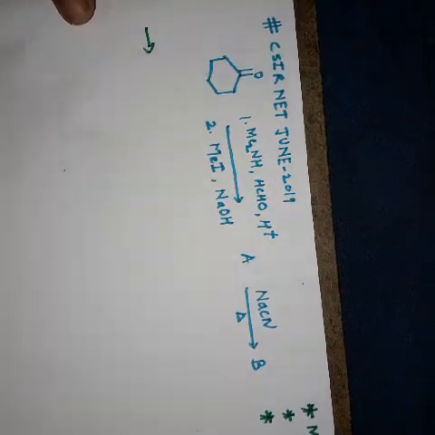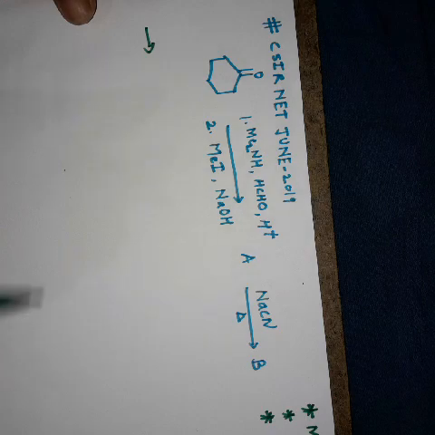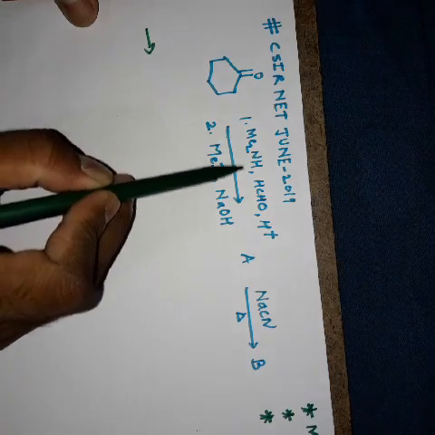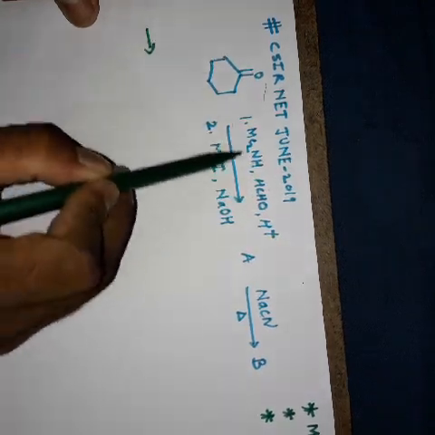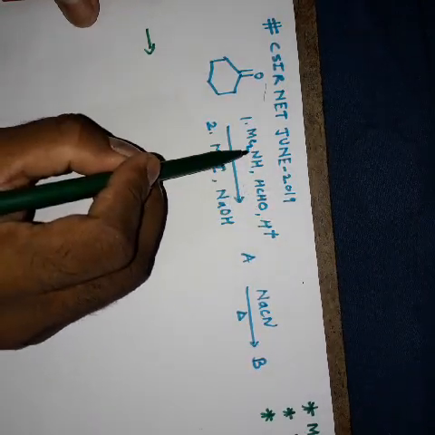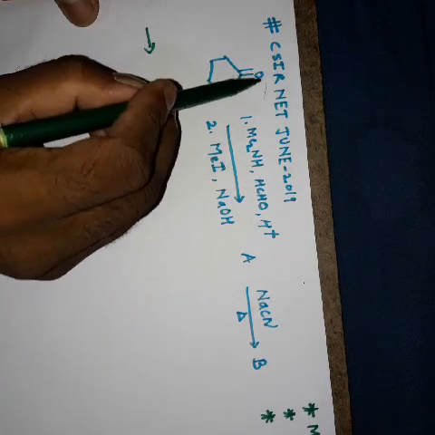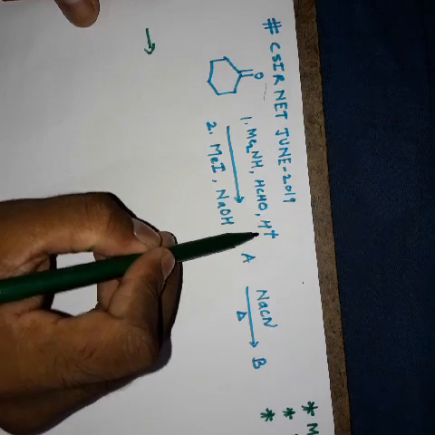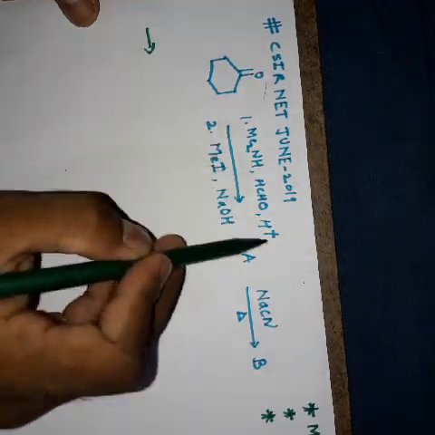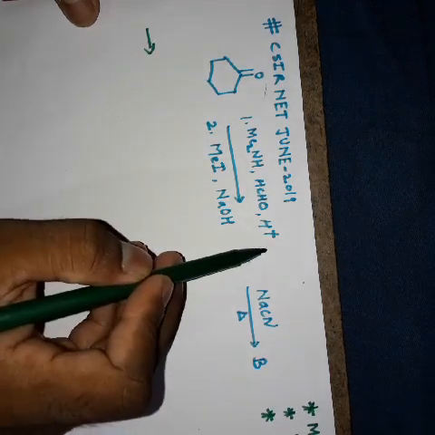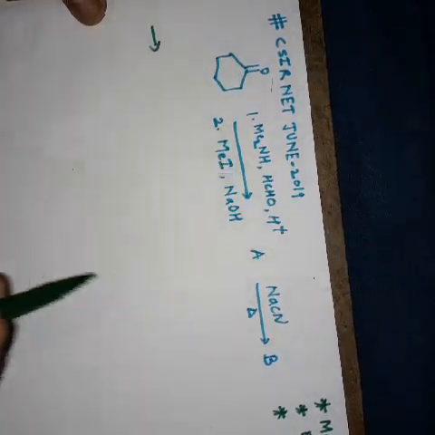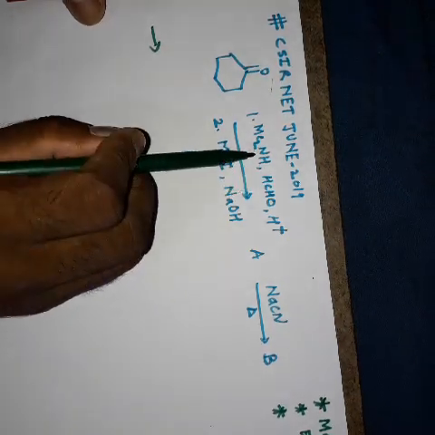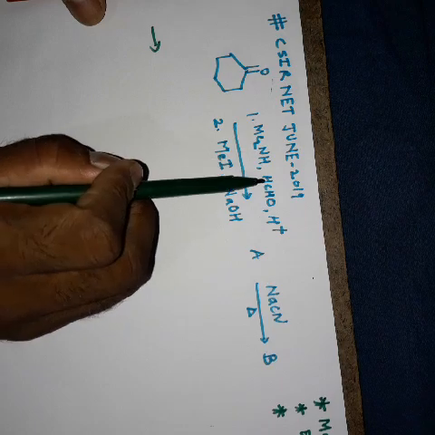that if there is a name reaction there must be some kind of a setup. So we can see that this much part is the Mannich part because there is an amine, there is formaldehyde, and we have this cyclohexanone molecule in the presence of acid. So this much part is our Mannich reaction. In the Mannich reaction, like yesterday we did, first of all the iminium ion salt is formed with the combination of amine and formaldehyde.